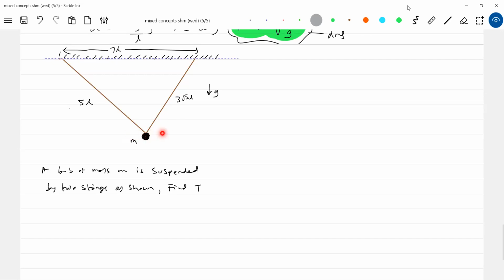So not in the XY plane. Suppose we define the XY plane here. So in which plane will it be? The plane of oscillation is not the XY plane, the YZ plane will be the plane of oscillation. So it should be like into the plane of paper. Try to remember, the YZ plane will be the plane of oscillations.